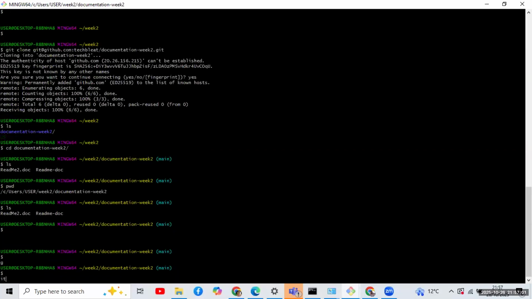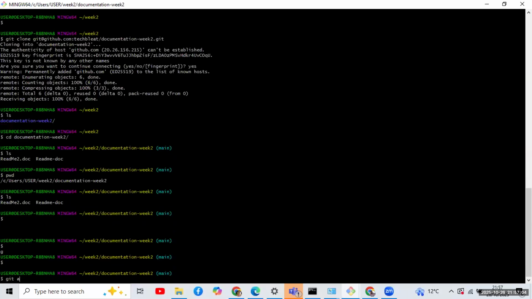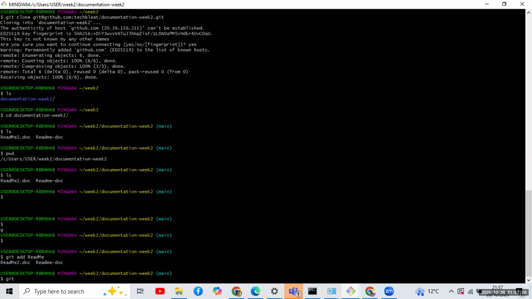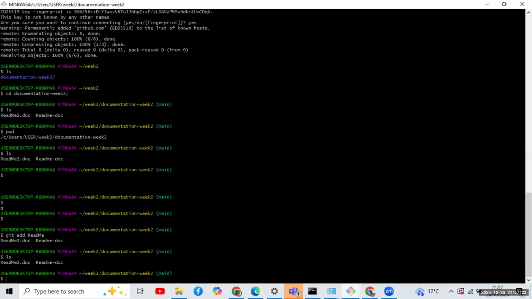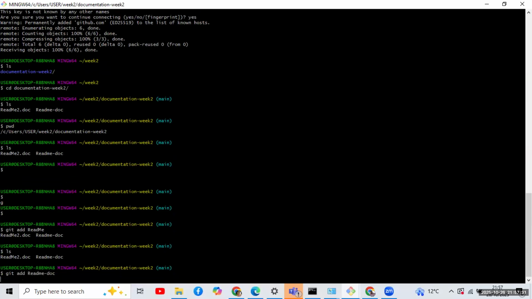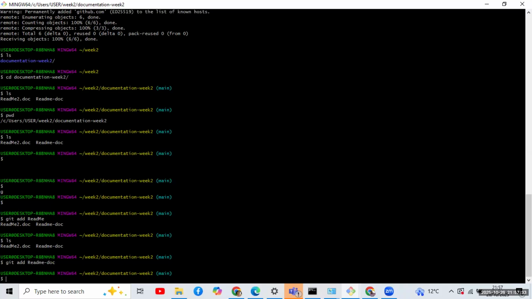git add, the one we just updated, git add README, what's the file? README, bear with me. Yeah, that's the phone. So the one we just updated is the README doc. So we say git add README doc. That means basically we are preparing it to push it to the repo, and then we say git commit